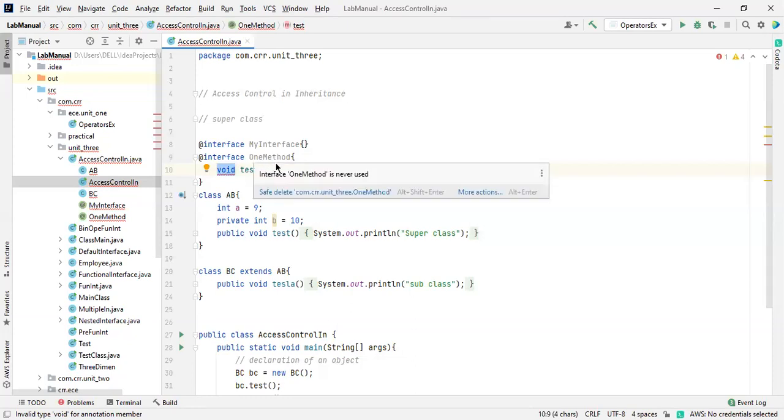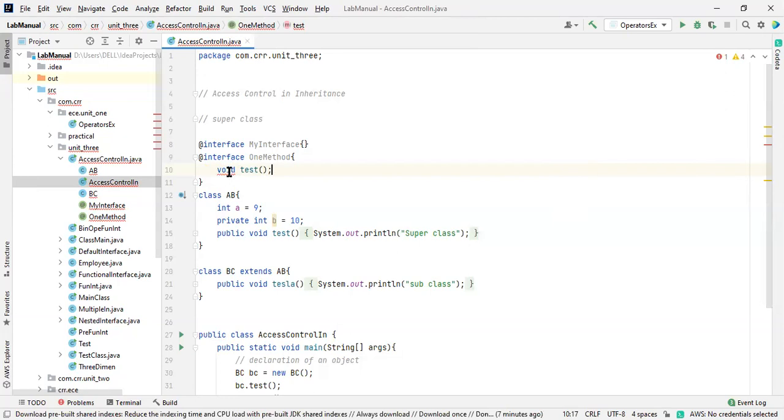Oh, I forgot to tell you about this. Let me remove this one. So this is also an interface in that sense. These are also considered abstract, so we are not going to implement anything inside the method, I mean inside this annotation.